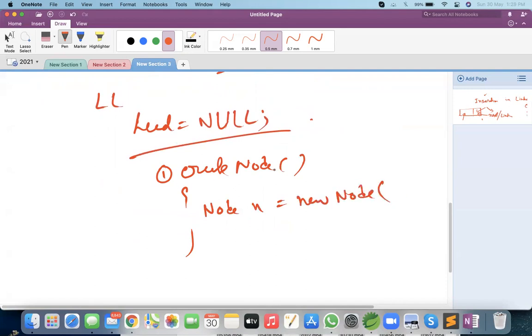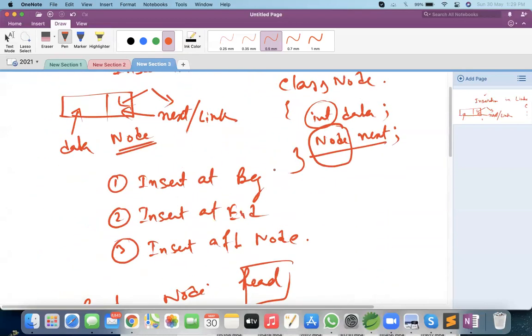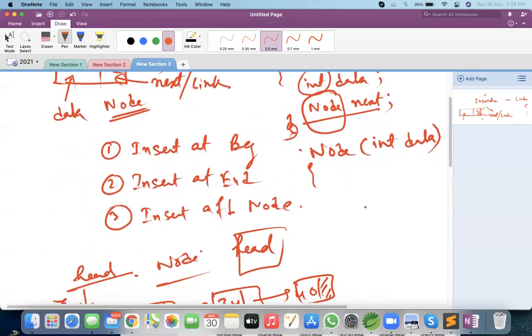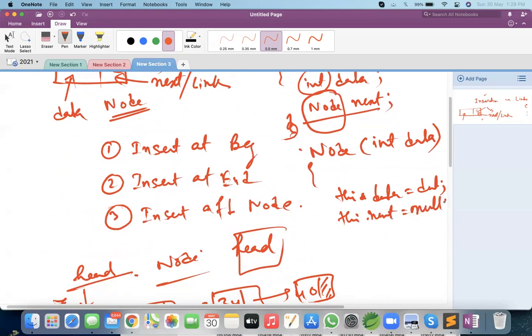And in the Node class, as I just explained above, we can create a constructor here. As of now I am doing int data. If it is generic, you can use E type or T type, anything. And what we will do: this.data equals data, and this.next equals null.